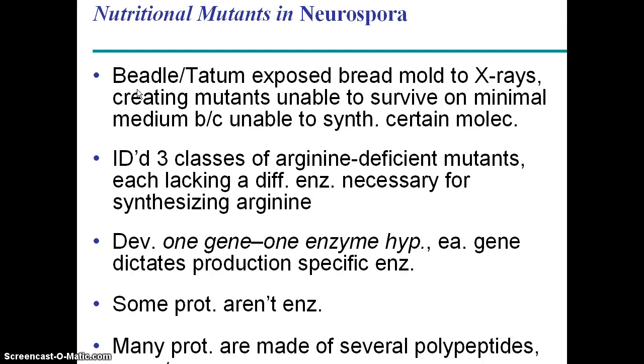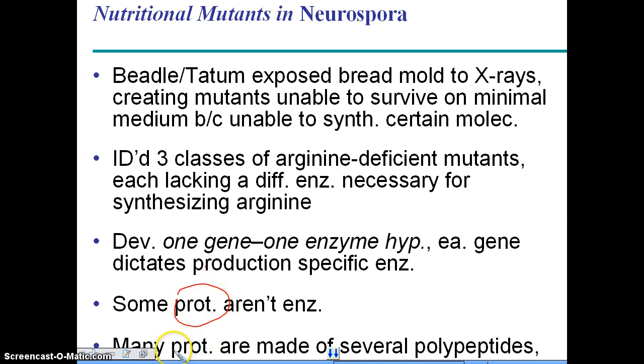It's highlighted in the text, and certainly there's opportunity to look at the box that goes over their results and conclusions. The basic finding of their work is the idea that a gene codes for the production of a particular enzyme. They developed what they called the one gene, one enzyme hypothesis. The idea is correct that a gene does produce an enzyme or a polypeptide, as we probably phrase it, but we need to expand that idea because certainly some genes don't code for enzymes. They can code for structural proteins like the keratin that fills up our skin cells.